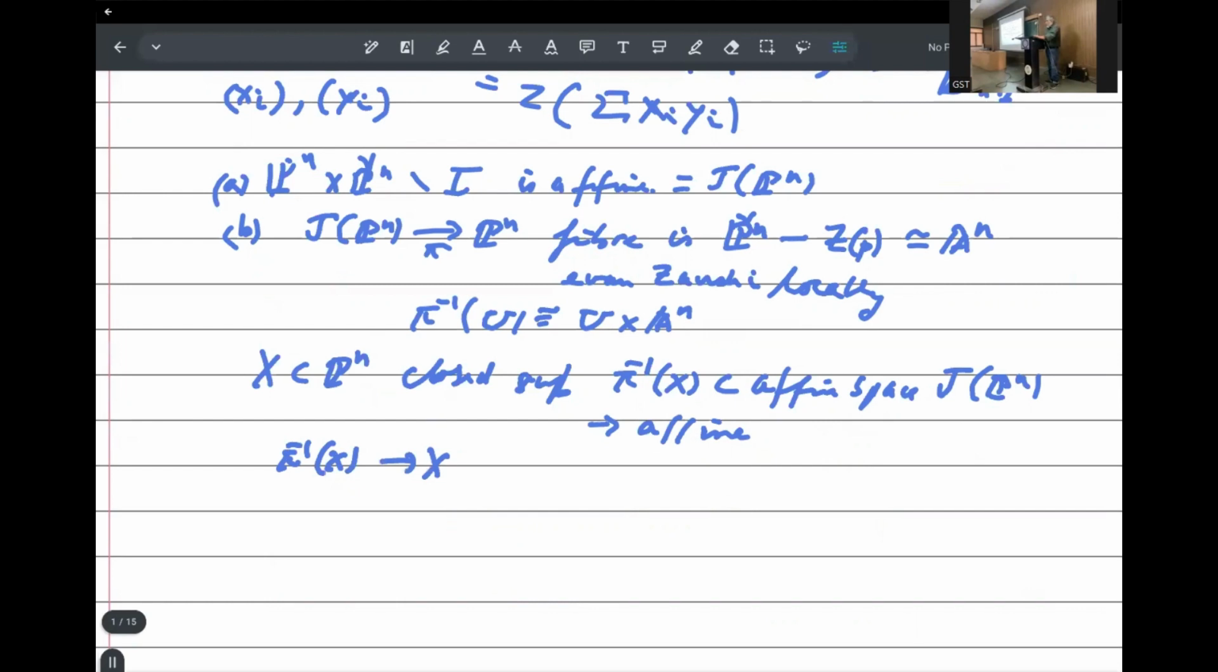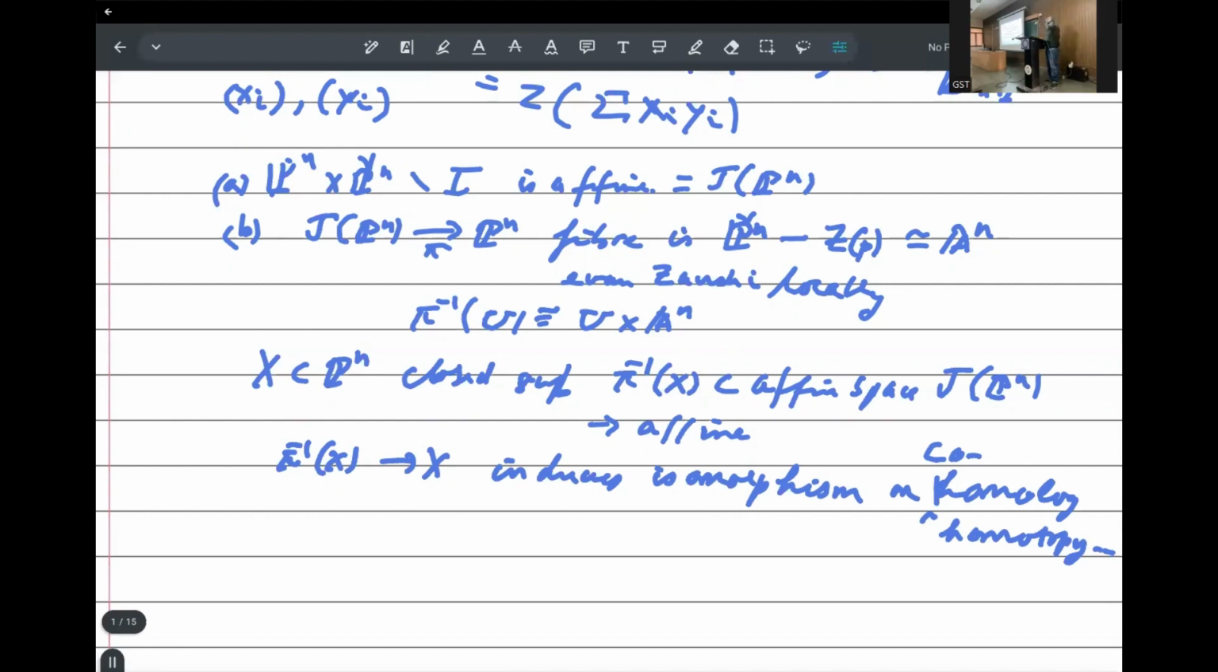So this induces an isomorphism on homology and topology. Homology, cohomology, homotopy, everything. So this is the basic idea of the join construction, but we are going to extend it a little bit because we need to work with pairs. Okay, it's not just enough to work with a single variety, but we want to work with a pair of